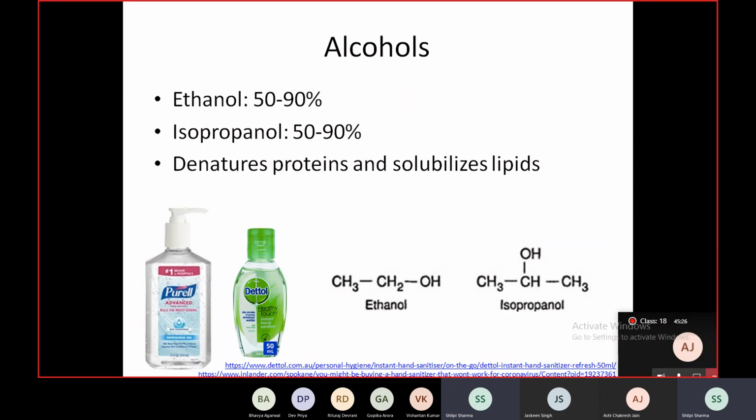You will notice that even in labs when you work, you will be asked to maybe wipe your hands with 70% solutions. Why, you will tell me in the next class: why alcohols work better at 70% than 100%. The most commonly used alcohols for disinfection, of course, are ethanol and isopropyl alcohol. Alcohol tends to be bactericidal and fungicidal. Also, in certain cases, virucidal, especially for enveloped viruses. So, corona is an enveloped virus, and you know of the recommendations that we have for use of alcohol.